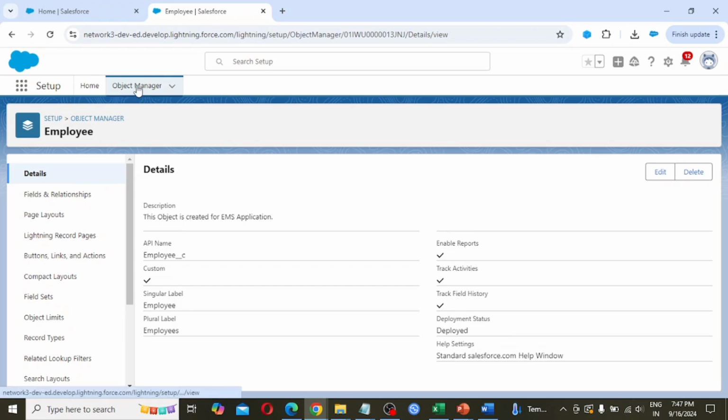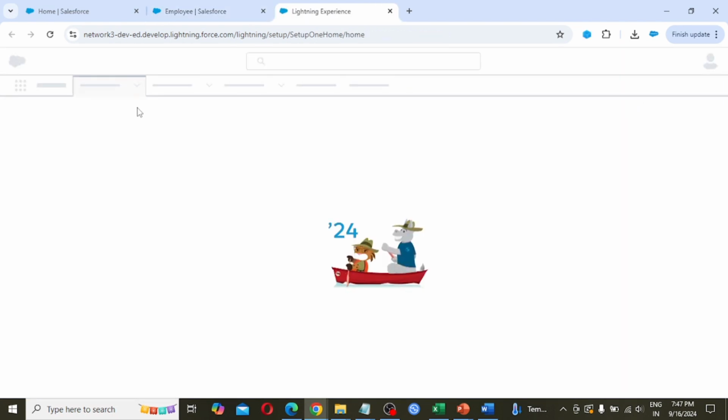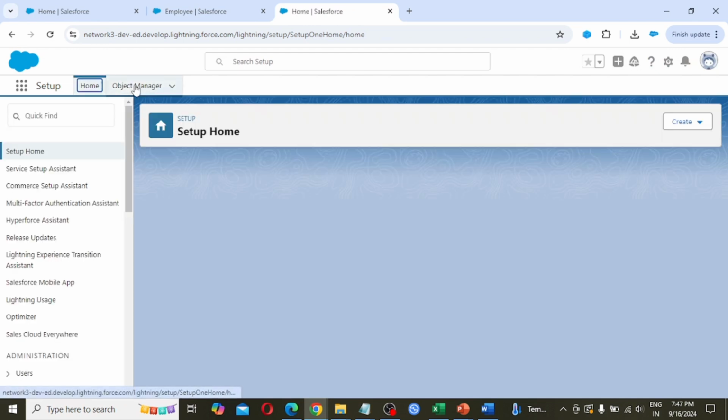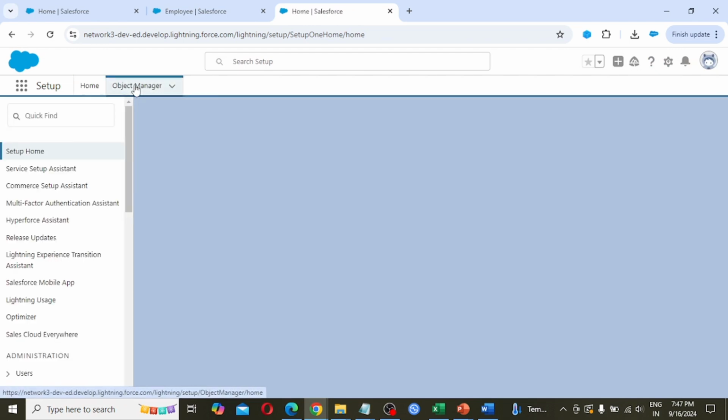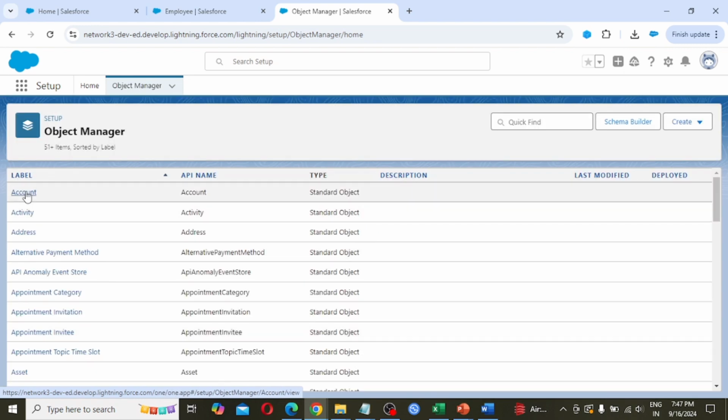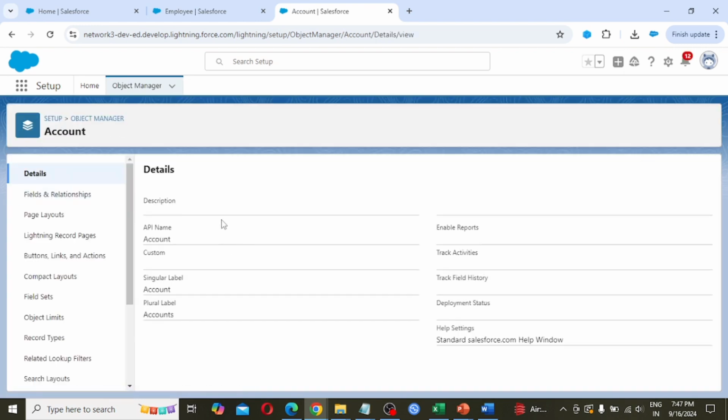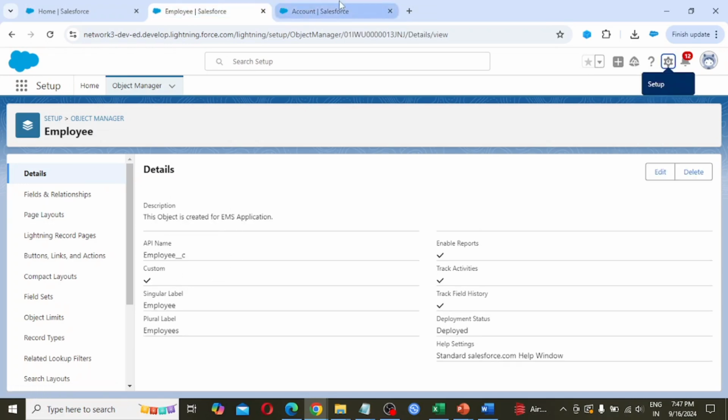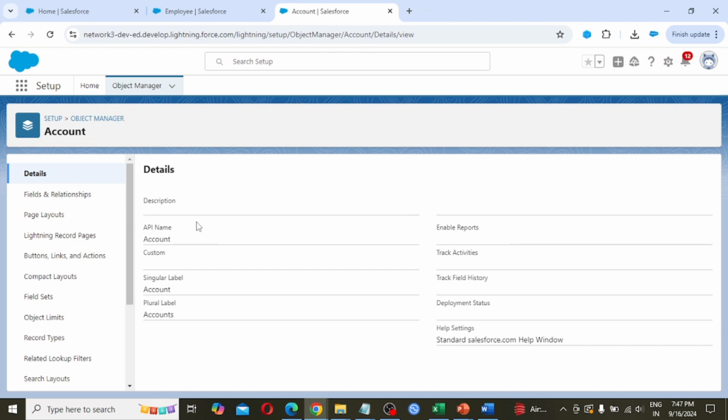So let's see for the standard object Account what the difference is between this custom object and the standard object. I am clicking on Setup, clicking on Setup again, clicking on Object Manager and seeing the Account. In the description there is no description, no issue with this.